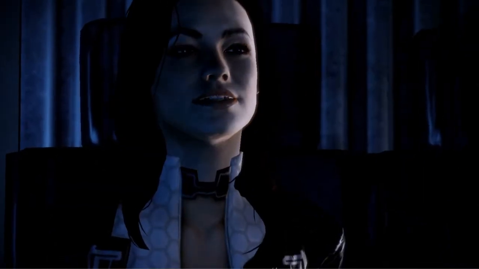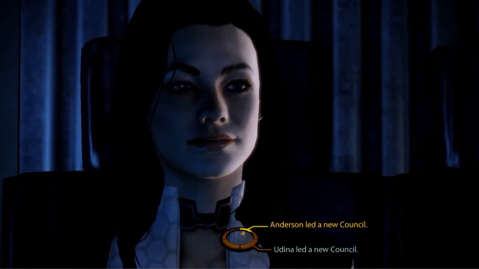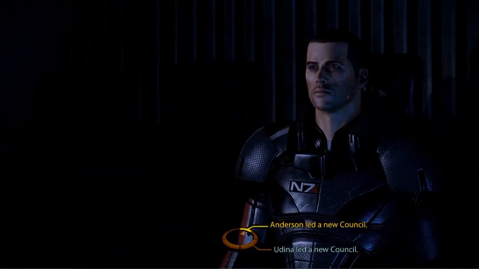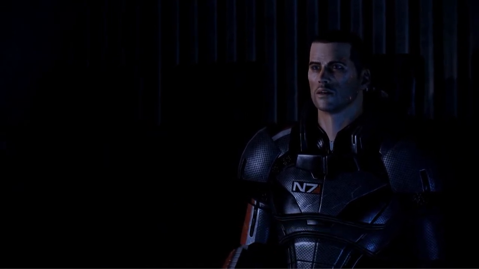Shepard, think back to the Citadel, after the Council died on the Destiny Ascension, and you killed Saren. What happened next? Although I already made the decision in Mass Effect 1, you have to make it again here, because it didn't save the data. With the council dead,